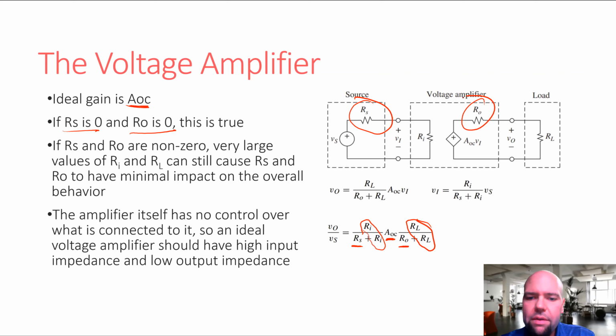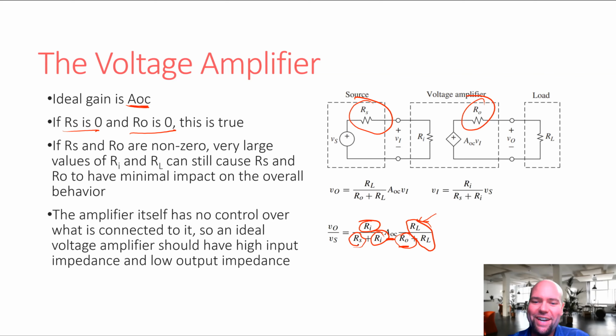Well, another thing, if you note mathematically, if RL is very big and RI is very big, then it's going to dominate these two terms here, right? I mean, think about it. If RI is a billion, then this expression here, and I'm going to clean it up, right? So if RI is really, really big, a billion is a big thing for me, I guess. If that's really big, then let's say RS is 1,000. Well, if RS is 1,000, but RI is a billion, we get a billion divided by a billion plus 1,000,